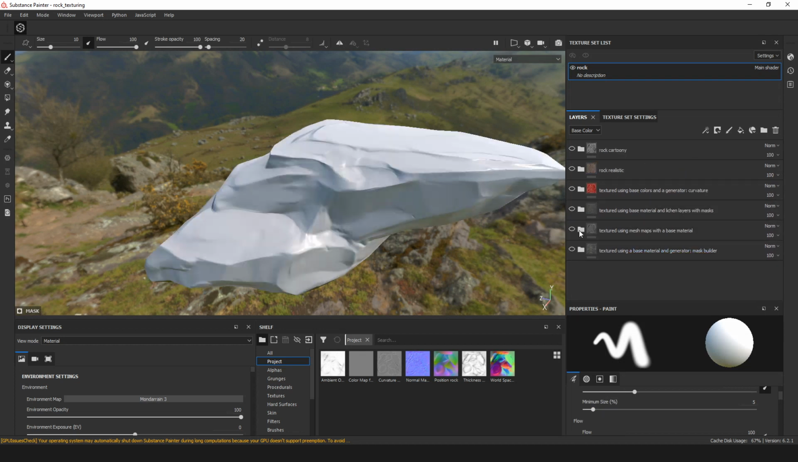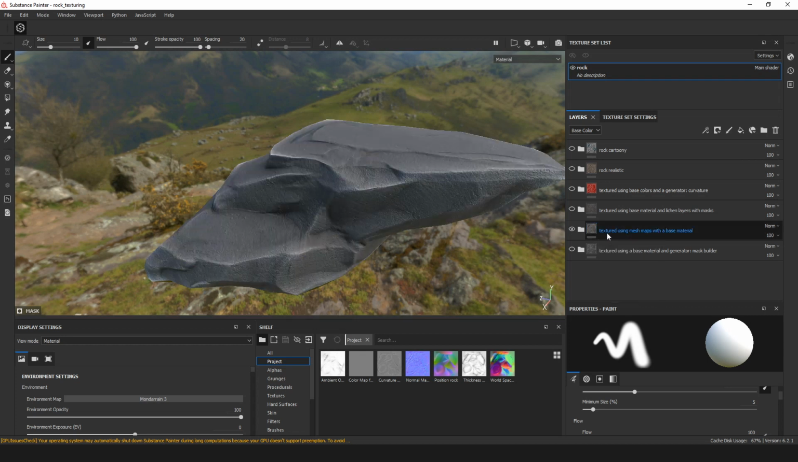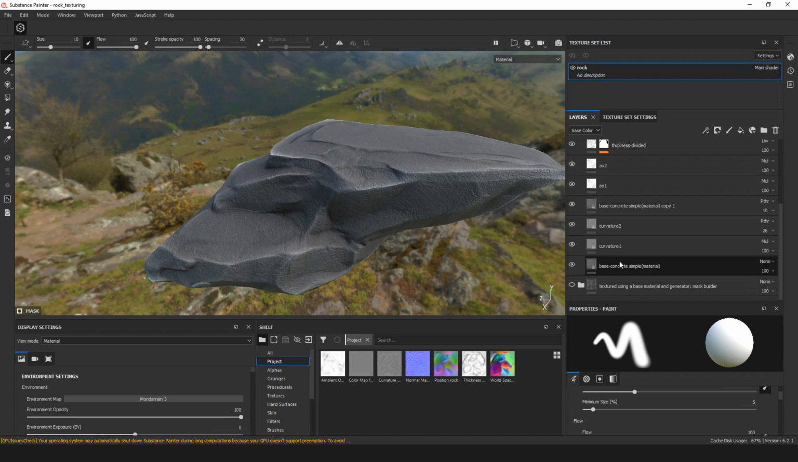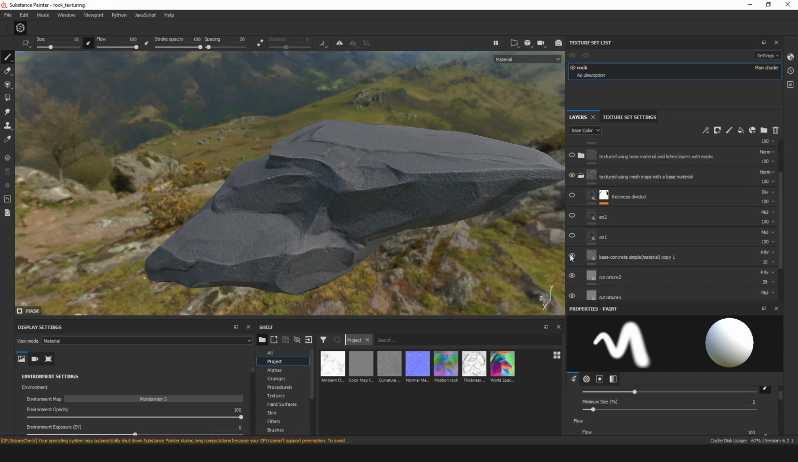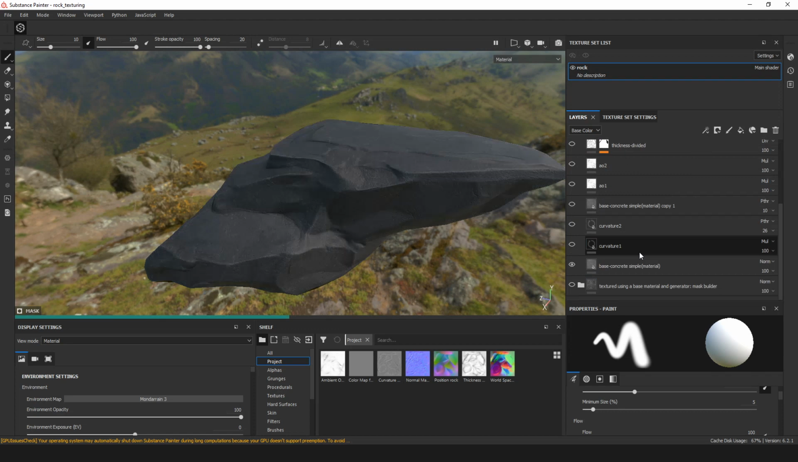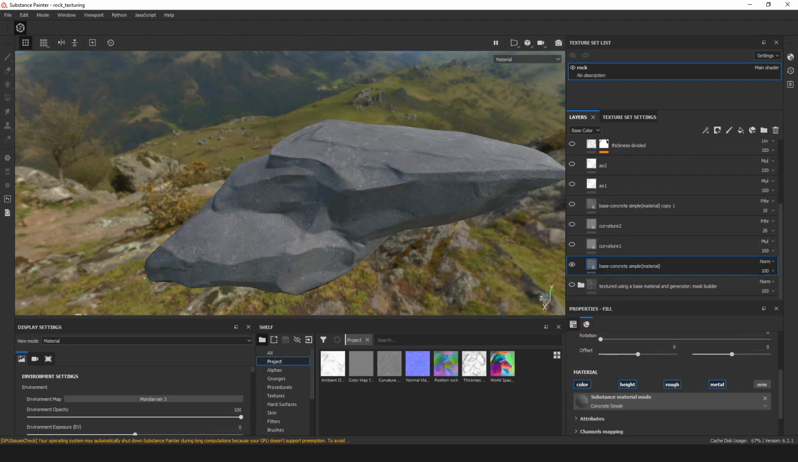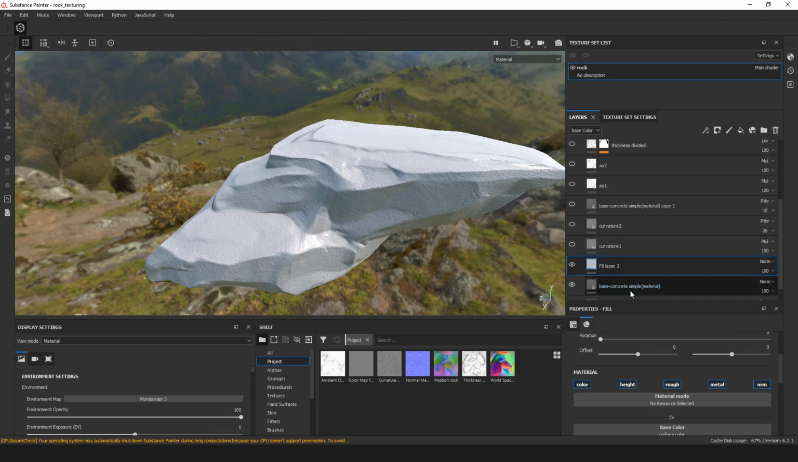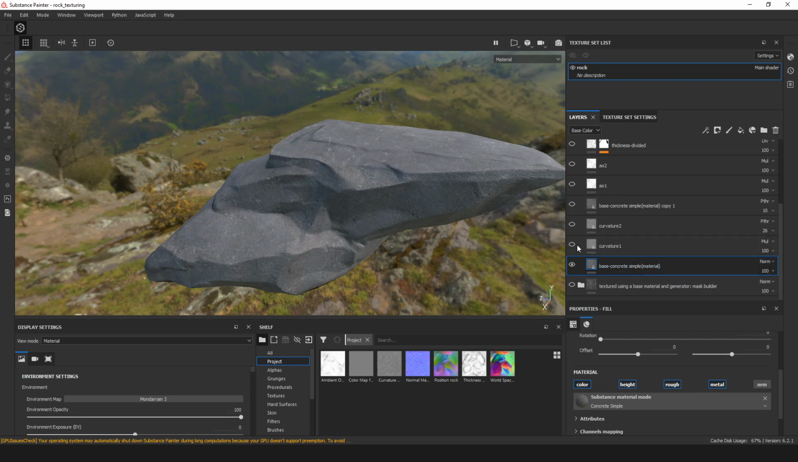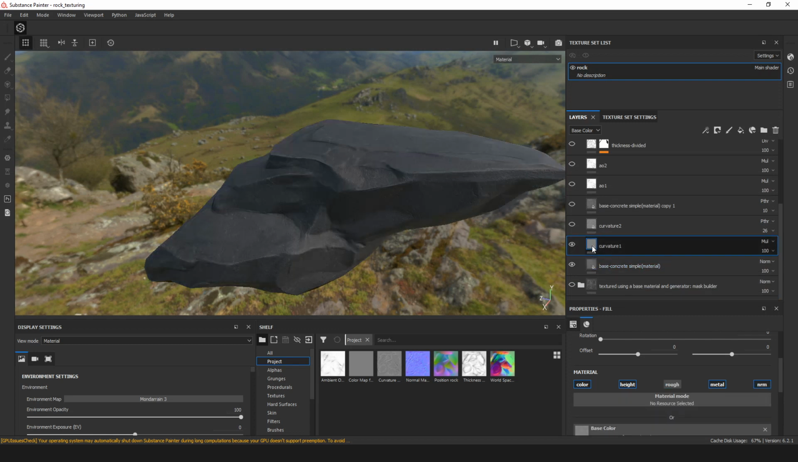Okay, so that's that. Then the next layer stack has been textured using mesh maps with a base material. So let's take a look at that. Okay, it looks like a hefty amount of stuff in there, but this is really simple as well. So again, I have just a fill layer in there with the same concrete simple. I'm gonna throw that fill layer away, and then next I've got this fill layer